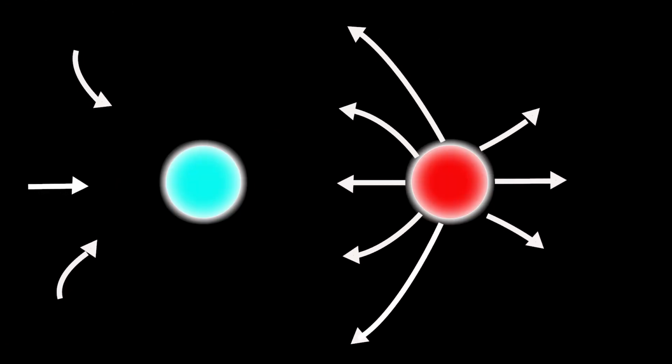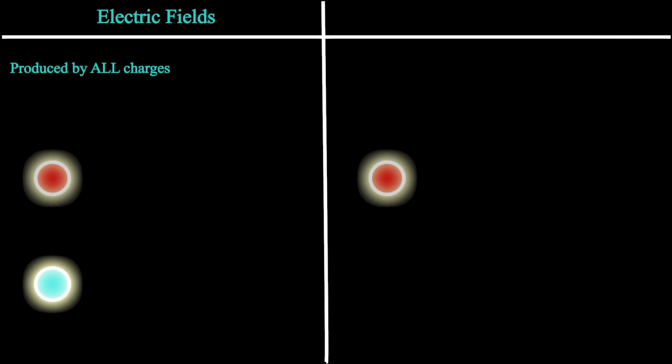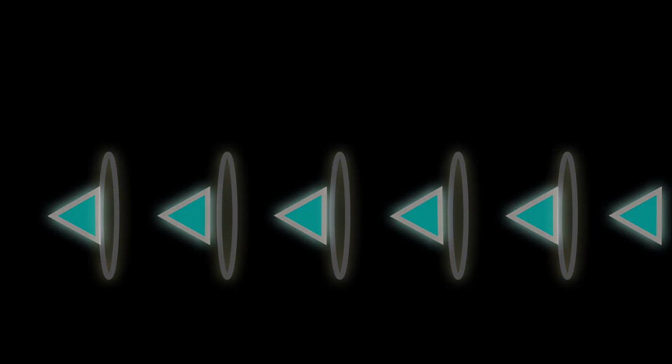The arrows drawn here are called field lines, and they point towards the direction positive charges would accelerate due to the electric field. Not only do charges produce electric fields, but moving charges also produce magnetic fields. Depicted here is a wire with electrons flowing leftward, creating a current. This current produces a magnetic field centered around the wire and extending radially outward. Unlike an electric field, however, this magnetic field only affects charges that are moving.